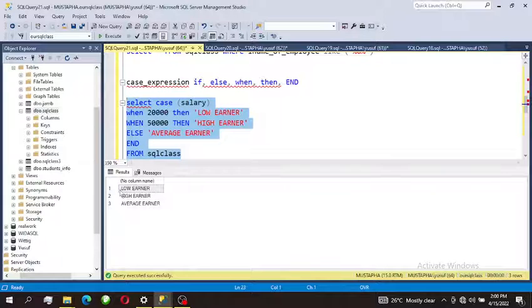Now you can see it is telling me that the first person is a low earner, the second person is a high earner, and then the third person is an average earner. So that's what we use the case expression for. Now we can say that we now have a column name. There's something we call an alias. So we use the alias to specify the new column name that we want to provide. So I can say end